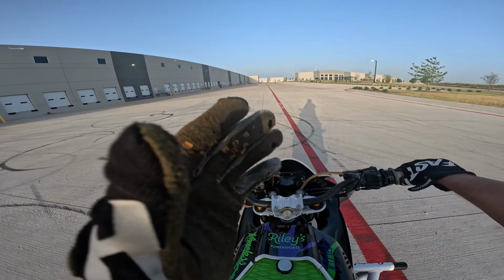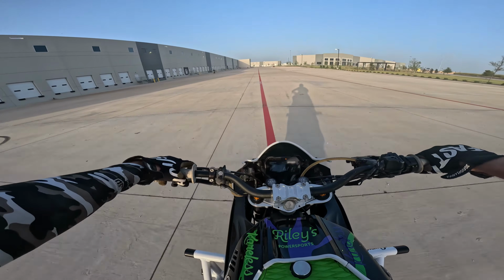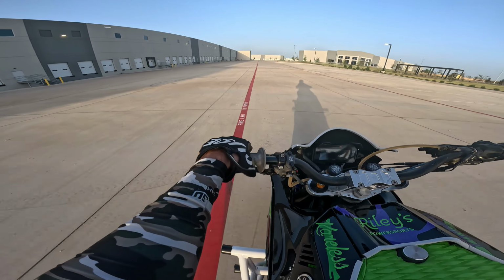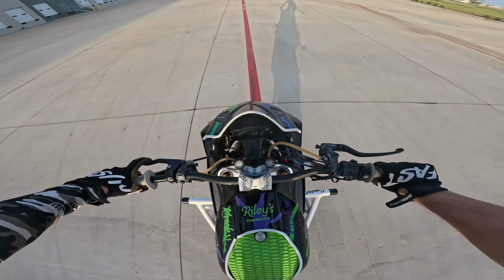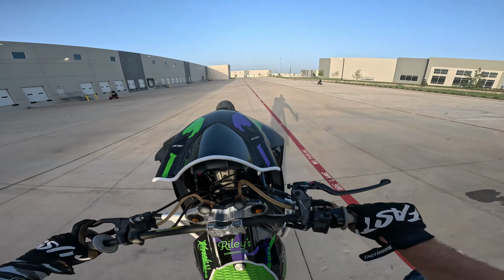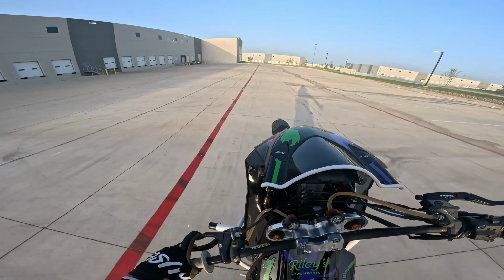Once you have your foot on, if you just stand there, you're gonna notice your bike's gonna pull real hard one way. So the way that you're gonna counter lean and go straight is basically I'm gonna lean my body way over to the left since I'm doing it to the right, and maybe you'll feel like you're pulling your bars over. So we'll get up, step down, and we go right if we don't counter. But if we do counter lean our body, basically push our bars to the left,